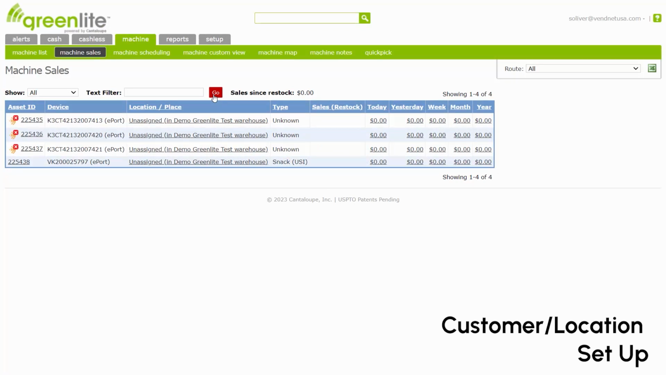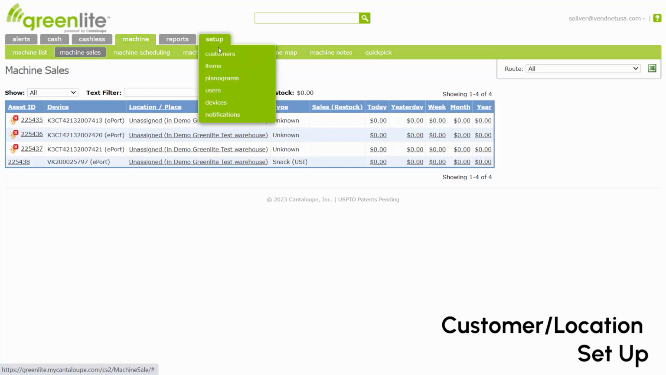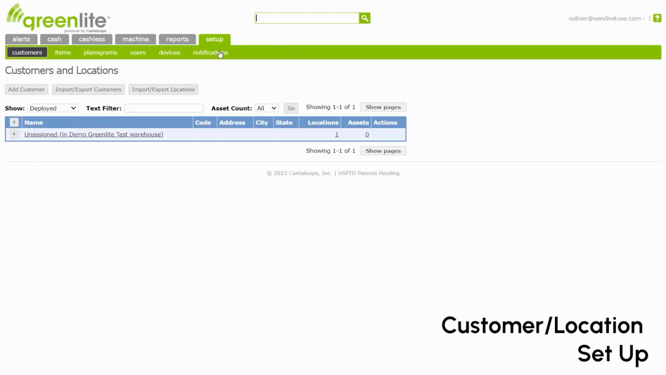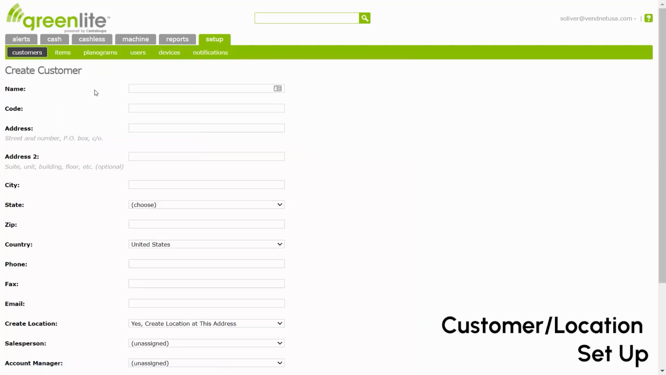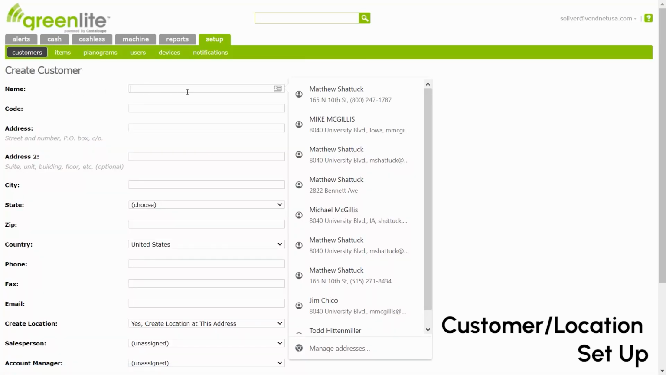First thing we're going to do is a customer setup. We'll set up this first device with the VK2000 25797. The first thing we'll do is go to the setup tab and then customers. From here you'll click on add customer, and then you'll input the